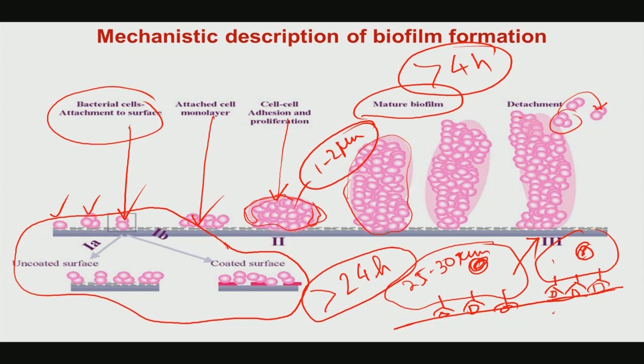Now, these clusters will grow and form biofilm, and once the biofilm matures, any more bacteria which come from the growth medium cannot get attached to this biofilm, and as a result those would be detached. And this actually tells you that the bacterial biofilm grows to a kind of critical size, and therefore this biofilm cannot grow any further. So, all these things need to be kept in mind while using